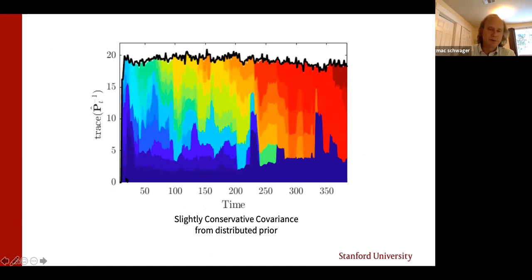If we sum up the trace of the inverse error covariance across all vehicles, we get the sum of these colored curves. Where our algorithm is conservative, you can see this little white gap that occasionally occurs between the black line and the sum of the colored lines.